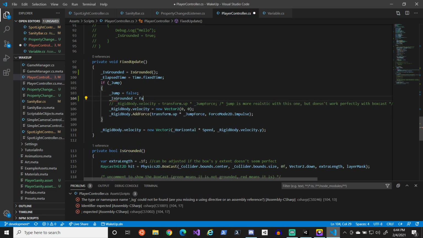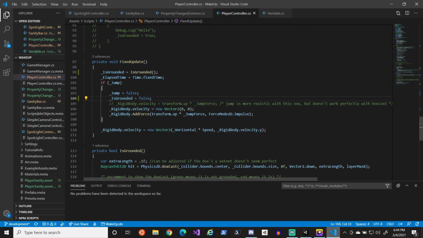Is grounded is equal to false. That's the reason why I had to put it there, because we want to make sure we don't end up overriding what jump is. Okay. So long as jump doesn't happen, is grounded will be true so long as we are grounded, right? Yeah, got it. So then if that's the case, then